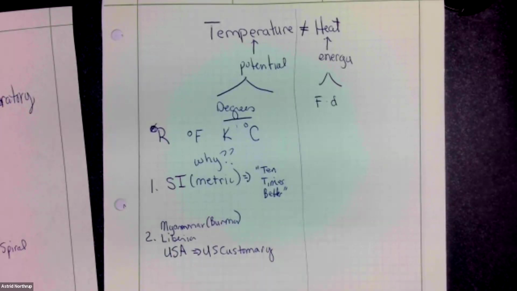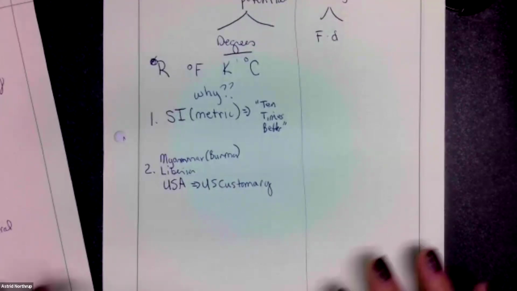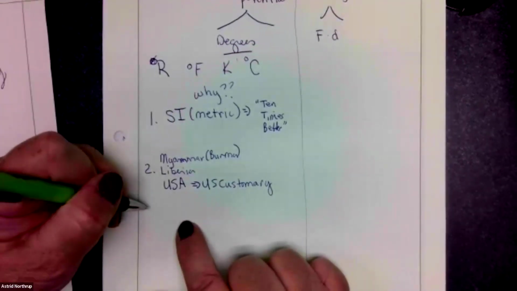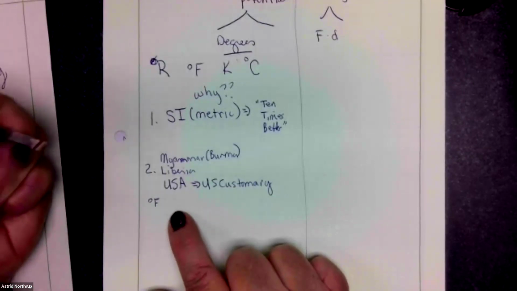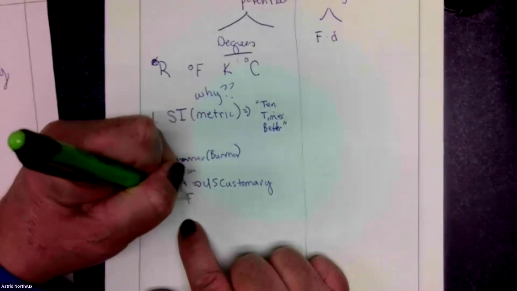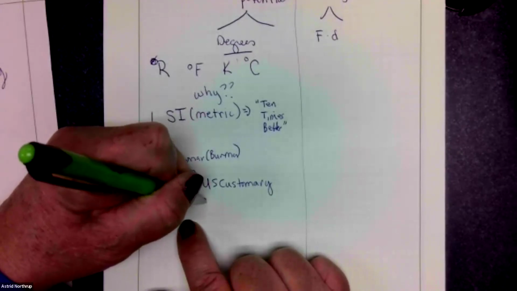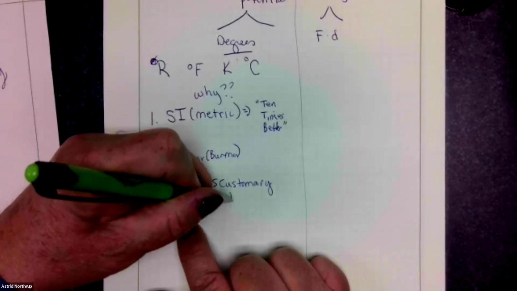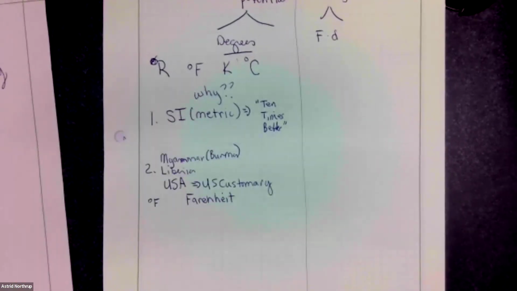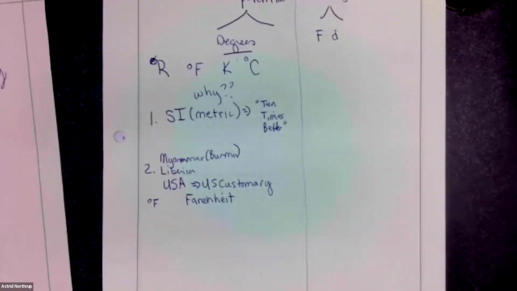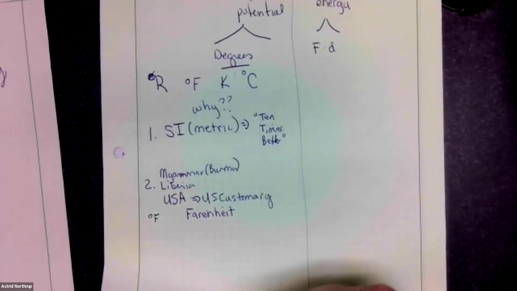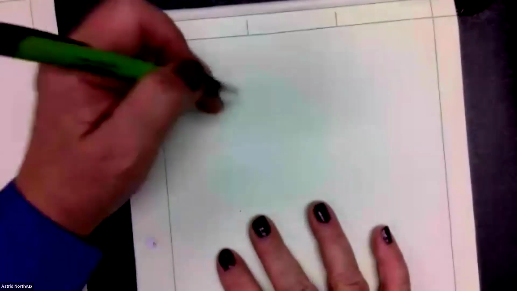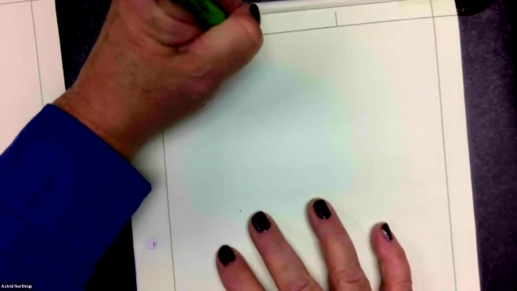All right. So what that amounts to then when we start talking about temperature is the United States started talking about Fahrenheit. And this was actually developed by a guy whose last name was Fahrenheit. So that's why we call it degrees F. So degrees Fahrenheit works like this. I'm going to get a new piece of paper here. On the Fahrenheit scale,